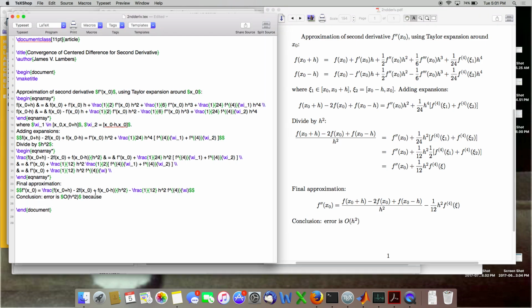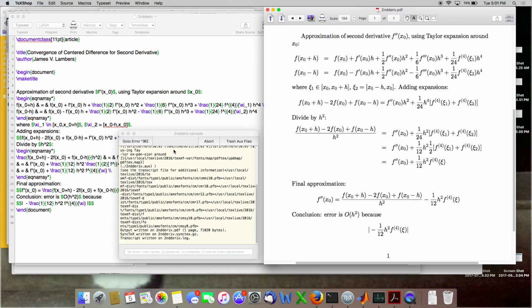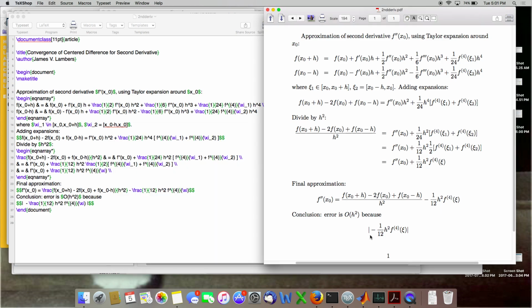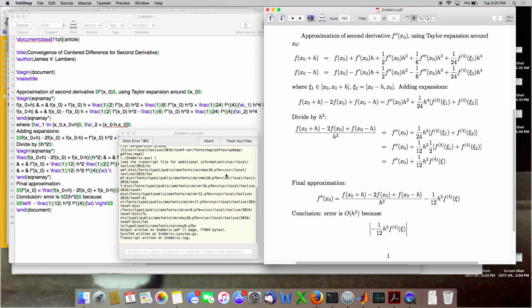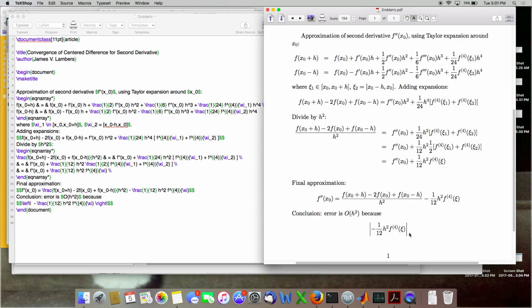What I could say here is, if I take the error term, I know I'm running out of time, and I'm going to put absolute value, but this is a tall expression. If I just put this in vertical bars, that looks pretty tacky. So I'm going to make these vertical bars bigger. I'm going to put backslash left in front of a left one and backslash right in front of a right one. What that does is it sizes these delimiters based on the height of the expression in between. So it makes it look more professional. And it drives me nuts when I review people's papers and they forget to do this.